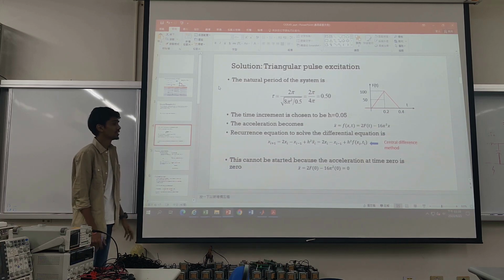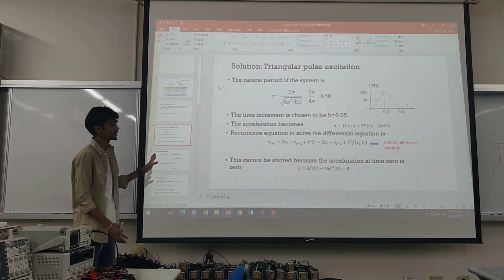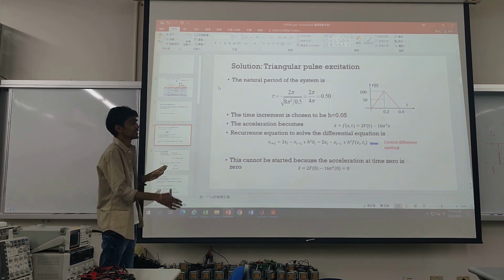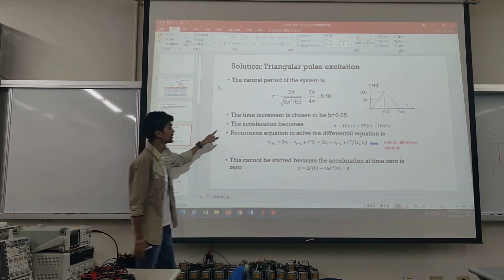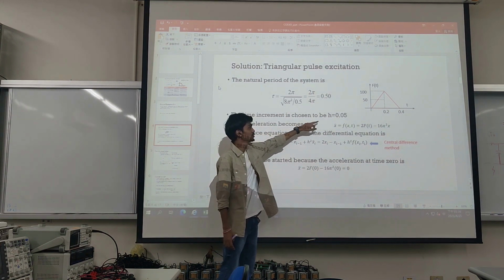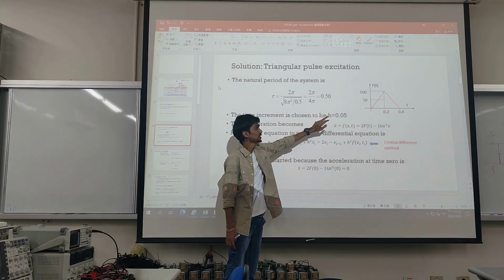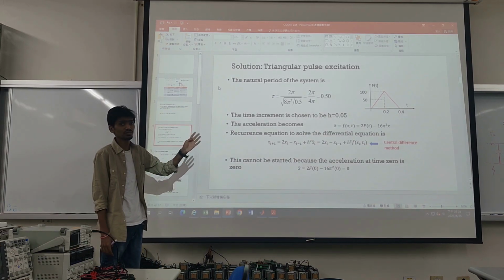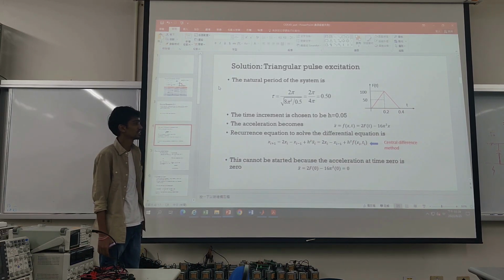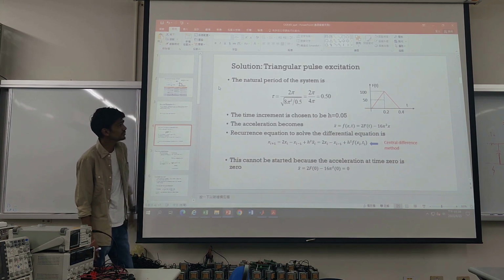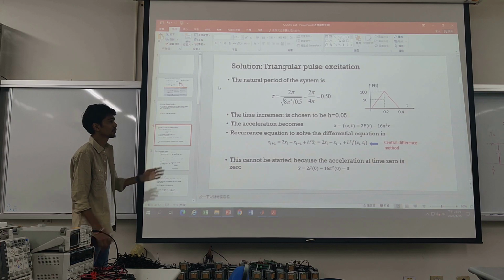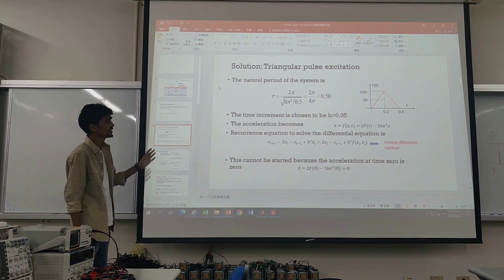At time t is equal to 0, we are solving this equation, and after that at t is equal to h, that is the increment, we are going to choose h is equal to 0.05. At that time we are going to solve in the similar manner that we have solved in the last class. So, solving this problem at t is equal to 0,